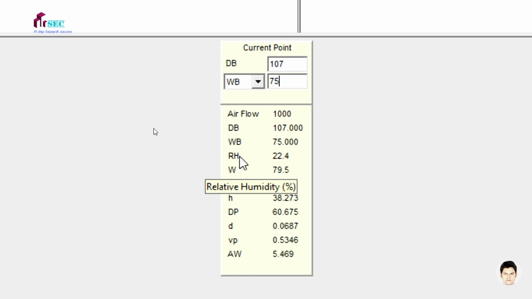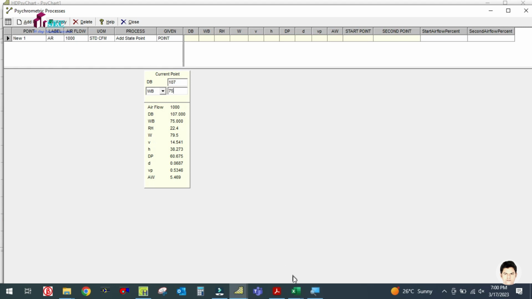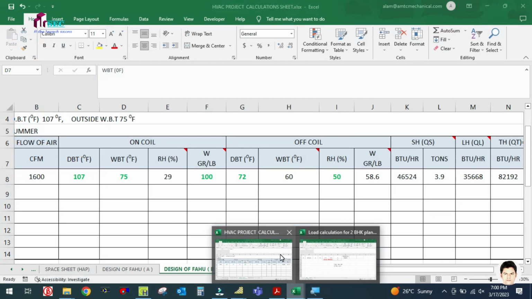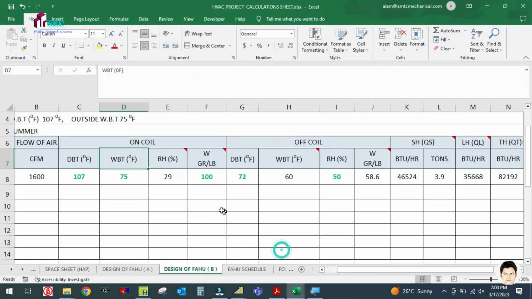In this I can find RH. RH is nothing but the relative humidity. So RH is 22.4. So simply enter this here, relative humidity. So relative humidity is 22.4,